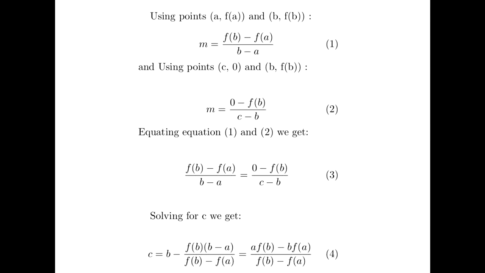So the general formula at each and every iteration becomes A into f of B minus B into f of A divided by f of B minus f of A. Or you can say that it is also equal to, if you take the negative signs common from the numerator and denominator, B into f of A minus A into f of B divided by f of A minus f of B. That is also the formula of the method of false position. So this is all about